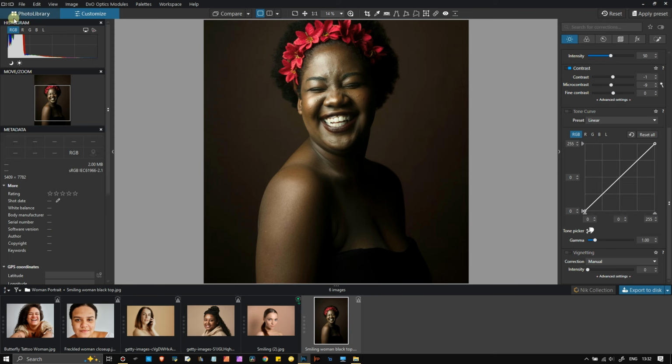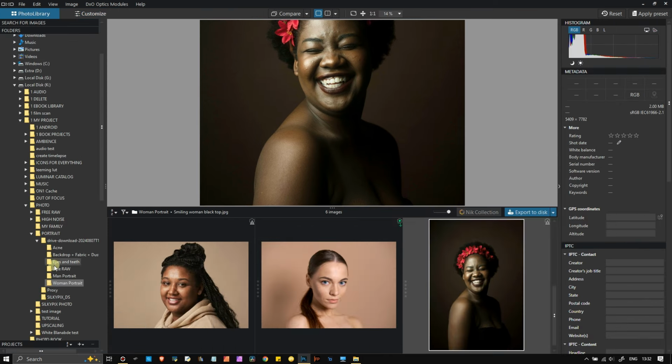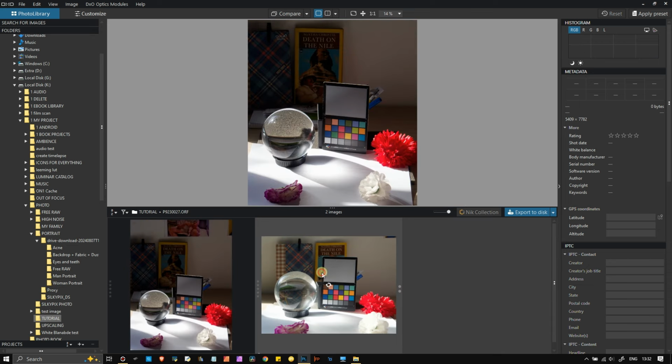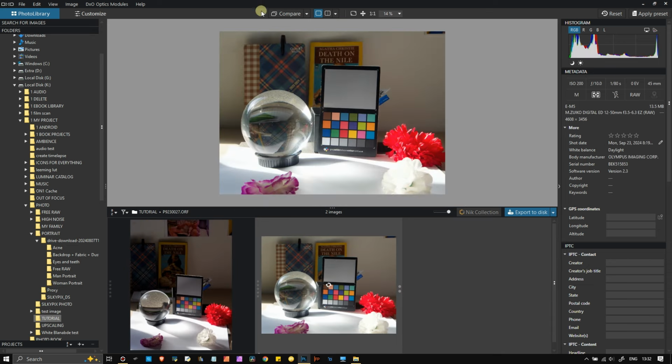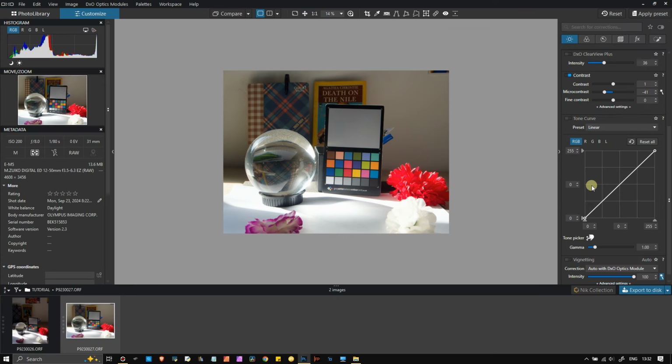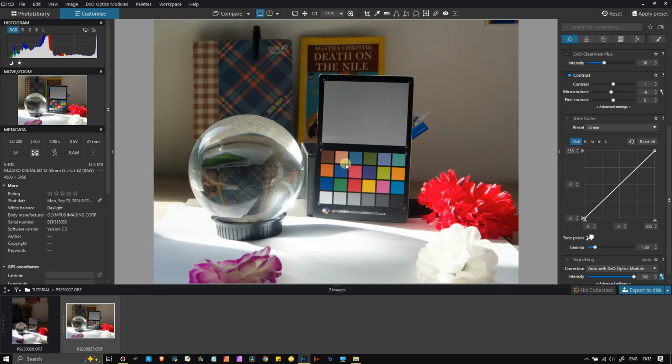We're going to go back to our original image. Where is it? Tutorial. Right, so that's that. And then fine contrast, interesting. If I do fine contrast all the way up,